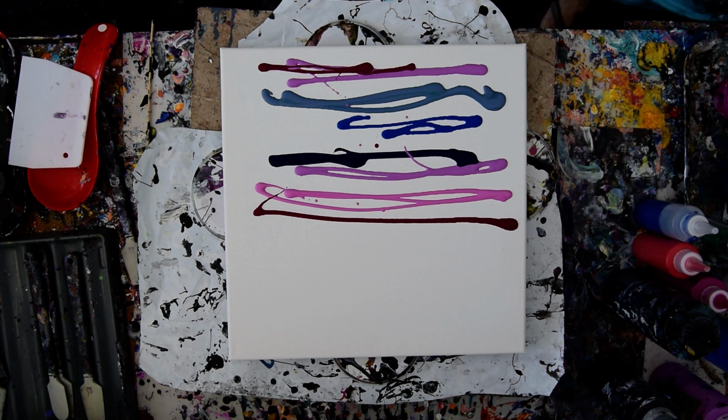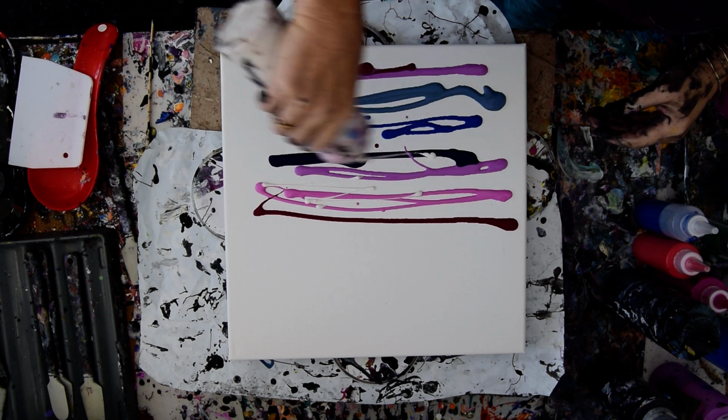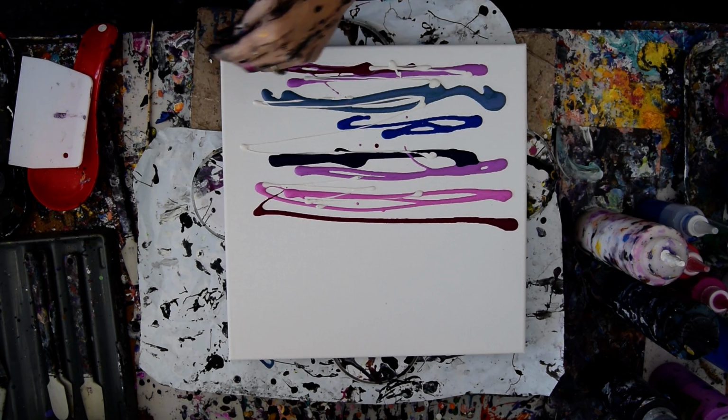Oh, I've got something that wants to fall over and I don't want it to fall over, so hang on. I need some metallic white from Anita's, which is a great thing because it's very sheer, so when I swipe my stuff across...